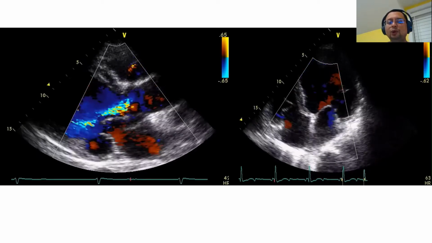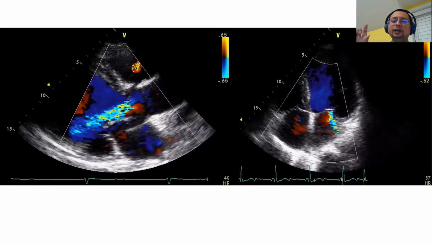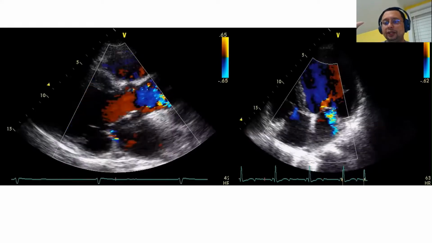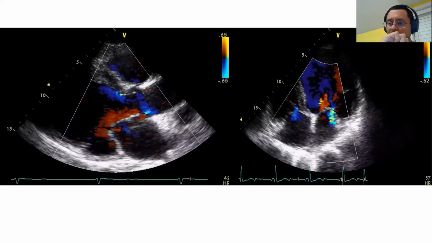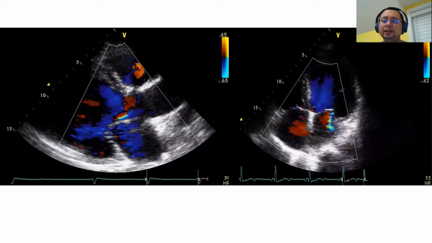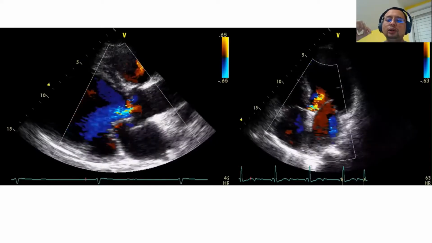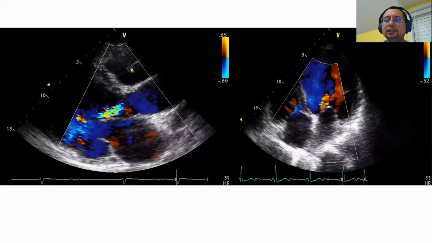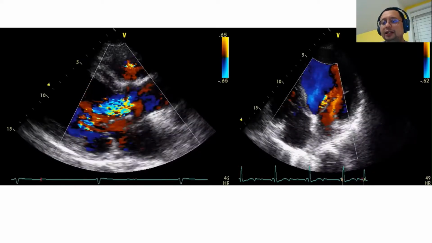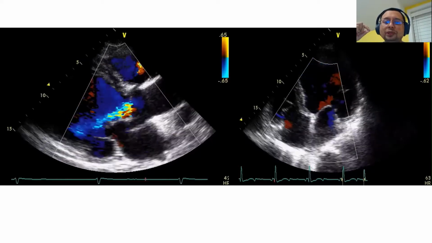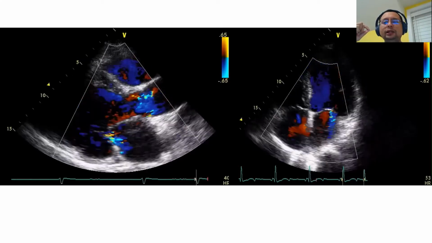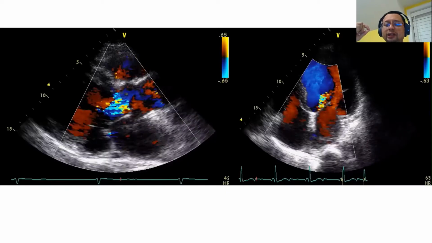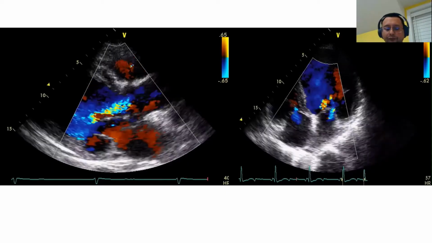Okay. Now we look at the echo. From the jet, we can tell that this is at least moderate. Looking at the EF, and maybe we want to look at the descending aorta to see holodiastolic flow reversal, so we can determine whether this is severe aortic regurgitation or not. However, there is one phenomenon here that definitely tells you that the LVEDP is very high, that shows you that the patient has severe aortic regurgitation. So what is the phenomenon?